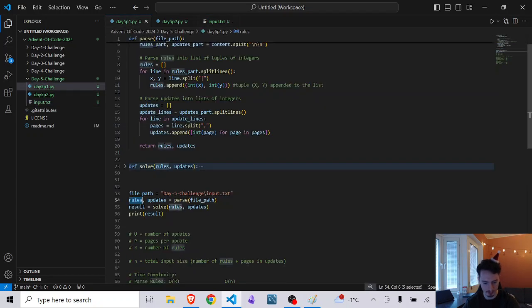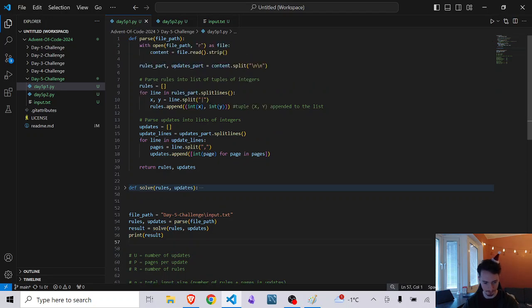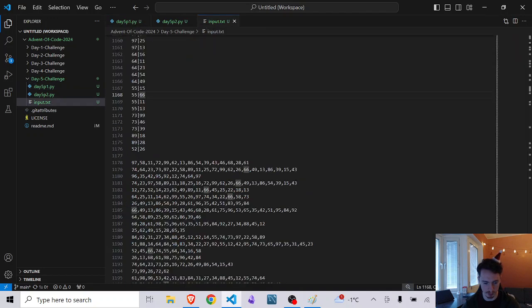So we want to somehow split it, and then we want to give it to a solve function that makes sure that we can solve it and print the pages in order, and then we just want to print the result. So this is how we can solve it. So now we just need to make the parse and the solve functions. So if we go in the parse function, what I've done is I've opened the file, I read it, and I strip it in case there's any weird characters or new lines. And then we can use the .split function, and we search for \n\n, which is the symbol for a new